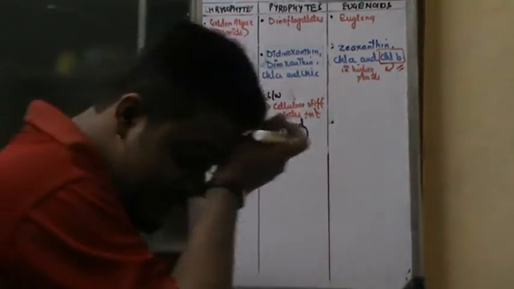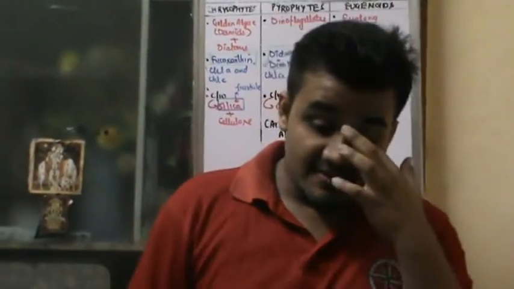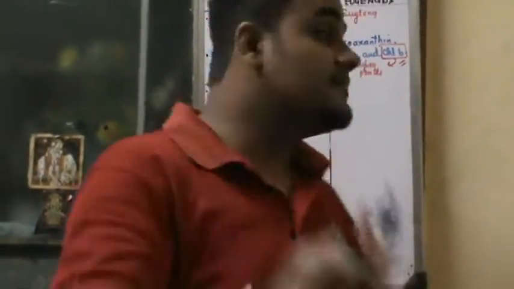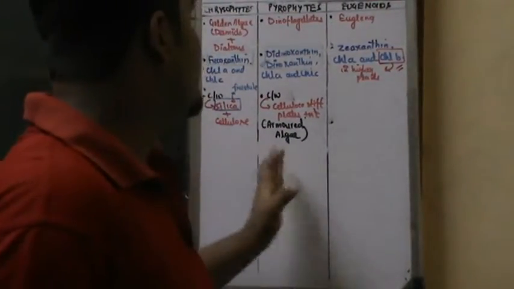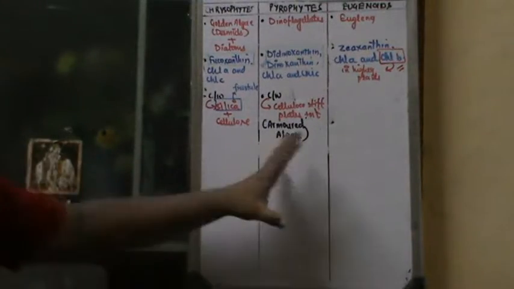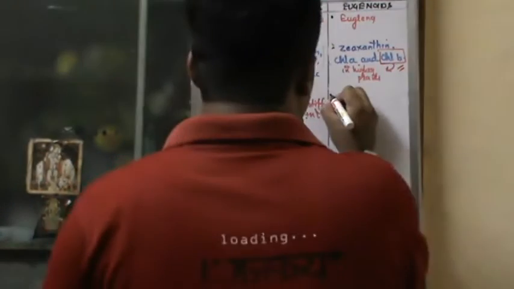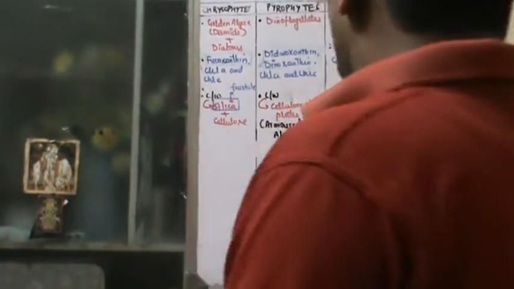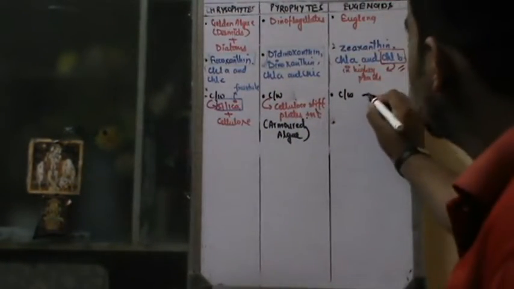अब एक चीज और याद रखो, in animal kingdom I'll be the same person to teach you something called armored fish. उसमें confuse मत होना. The armored fish is going to be different. The armored algae is going to be different. Armored algae is going to be your dinoflagellate due to the presence of cellulose stiff plates. Very important. The cell wall, in case of euglenoids, the cell wall is going to be absent.